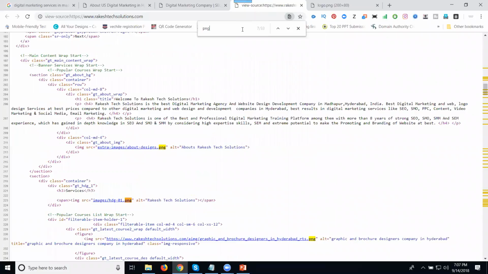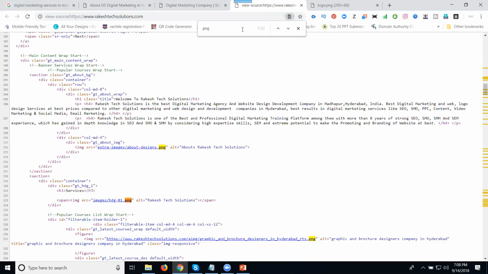Here is the question: how do we change your alt tag? Your task is, if any website is missing the alt tag, you can send it to the developer along with the name, and it is changed using cPanel. We can log in to cPanel and change it to alternative text.